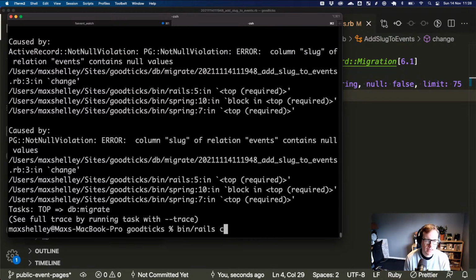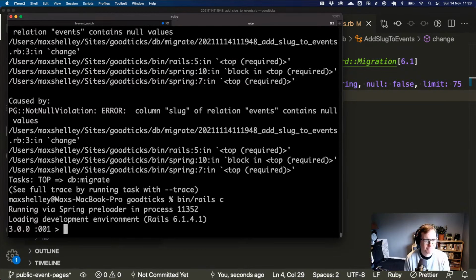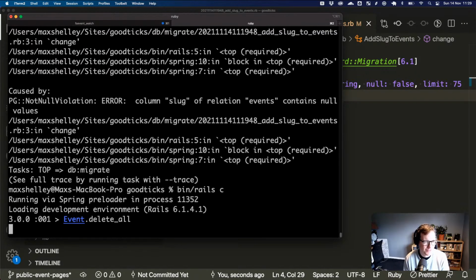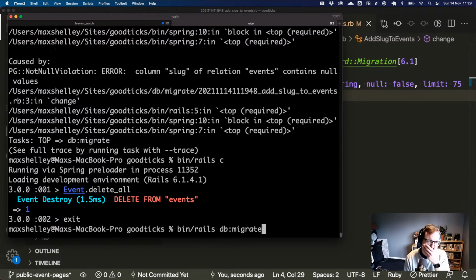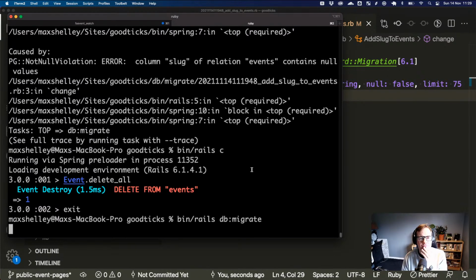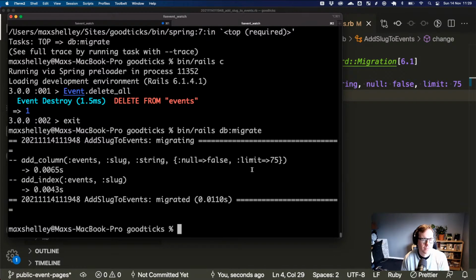And now we've got to go back and clear the events again. Event.delete_all. And then we can give all of that another try.